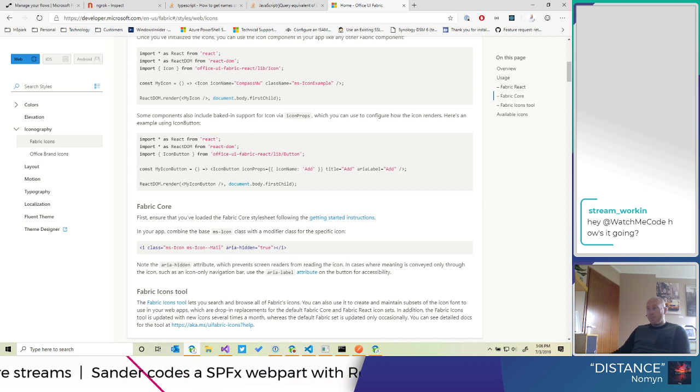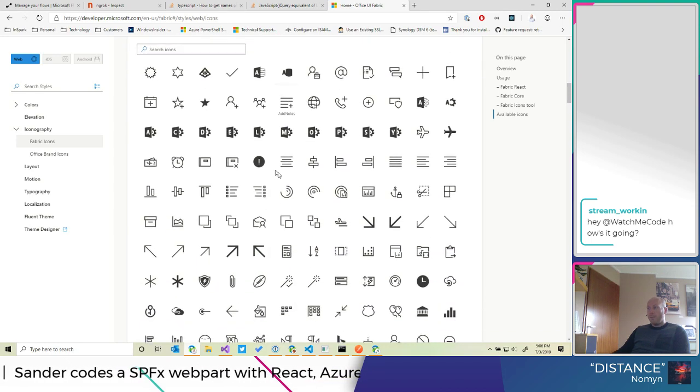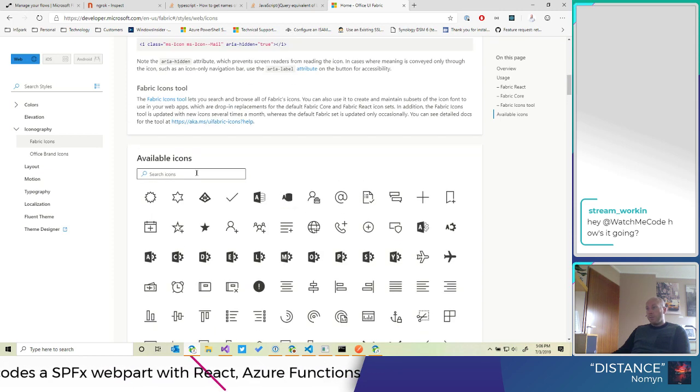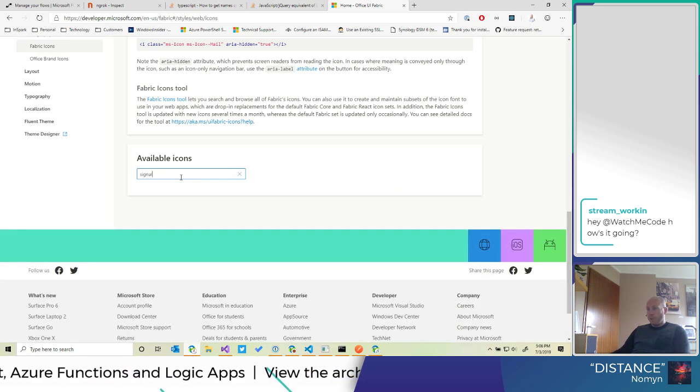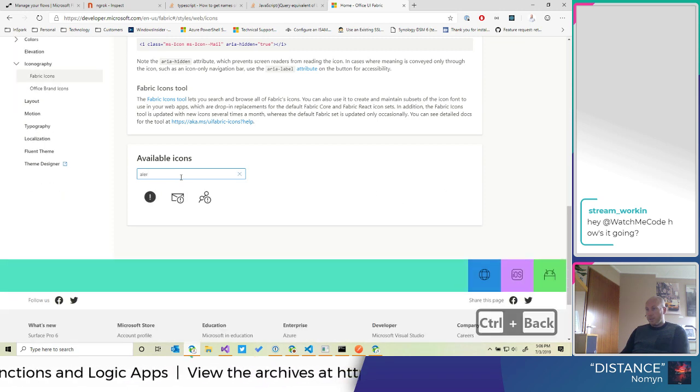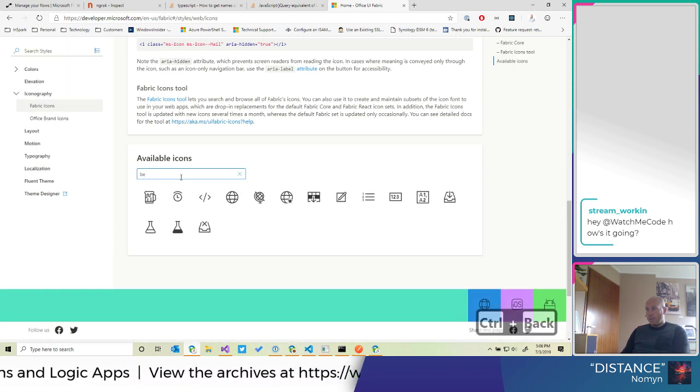Now we're going to look at the fabric icons because that's what we are using now. Basically you can pick an icon just by its name, and they have a bunch of icons as you can see here. And if we are enabling our sources to pick any of these icons, for example, there's something called signal or alert, maybe a bell.